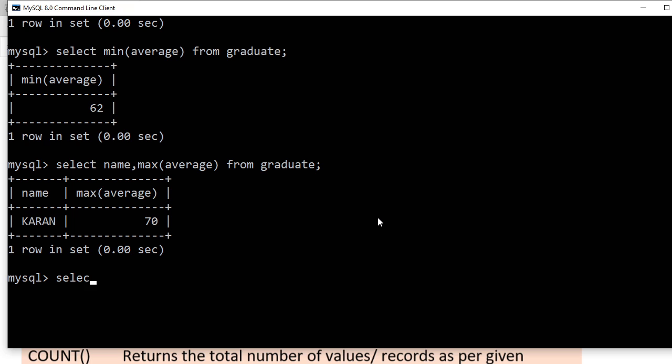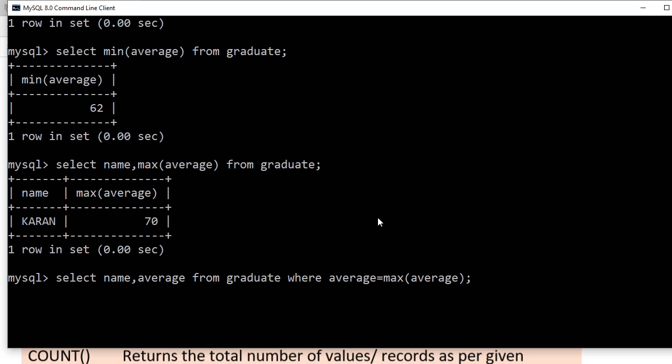Let's try it. Select name comma average from graduate where average equal to max average.